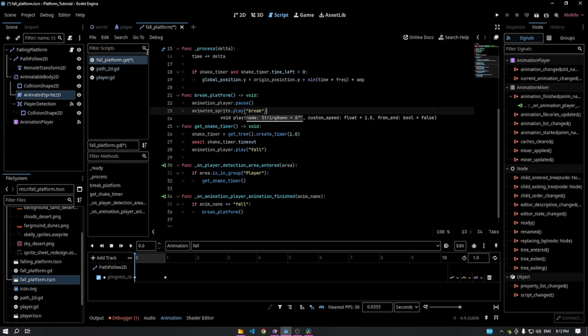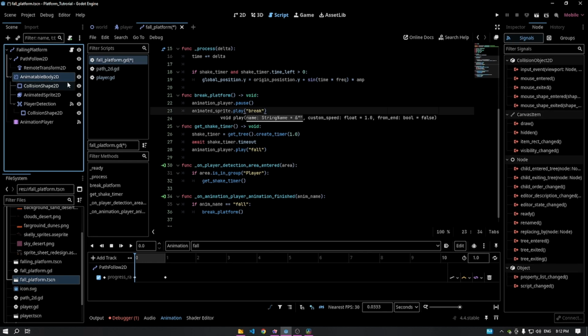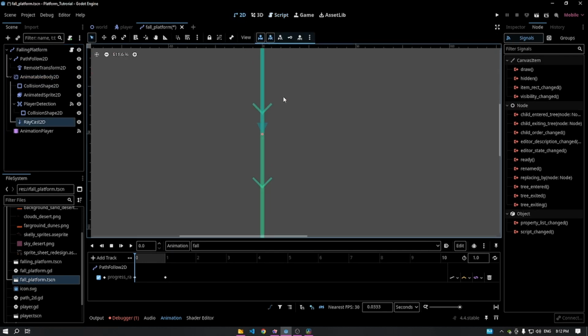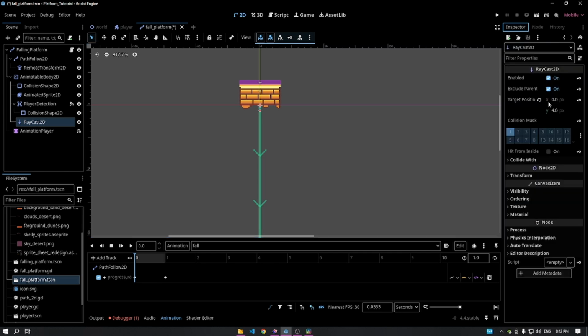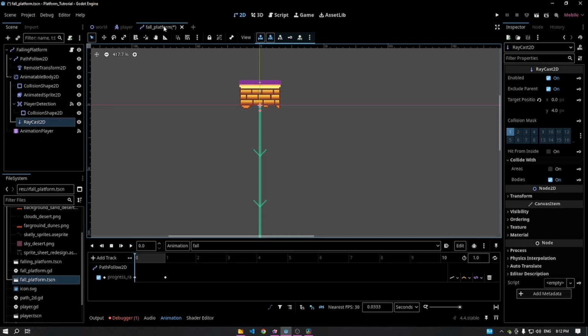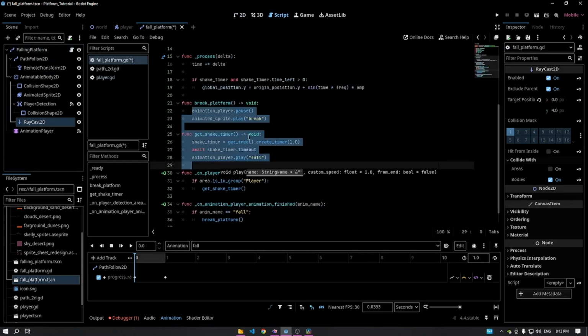We need the other case for when it hits the tile map. And the way I thought about doing it is using a raycast 2D, and you just simply shrink that guy down, so when it touches the tile map, it will detect, and it will also start the break platform function. So do collide with bodies, and we are going to look for the environment. So if we go into our code here,